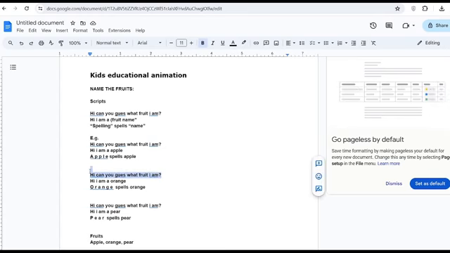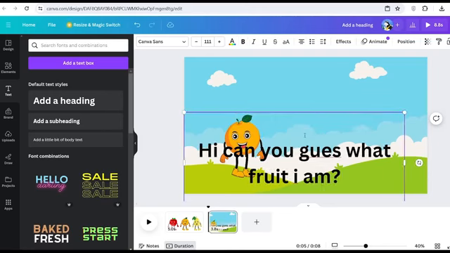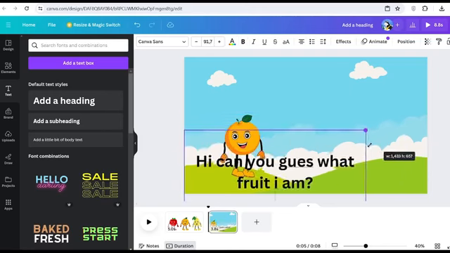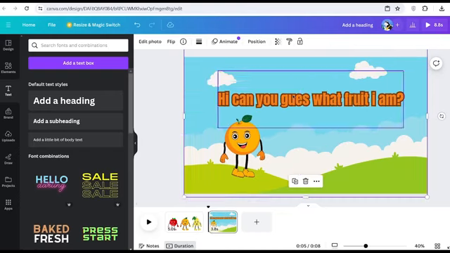Go back over to your scripts, copy your scripts, come back over to Canva, delete this, paste it in, and then once it's in, you want to go ahead to further adjust it to better fit your scene. You could adjust the text font, the sizing, the color that affects the animation. You do it however you feel like looks best. And now voila, this is what we're working with so far.